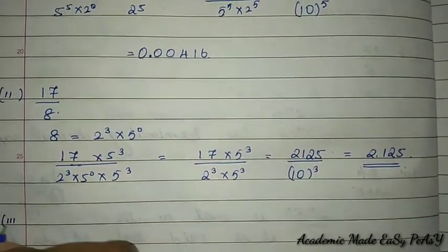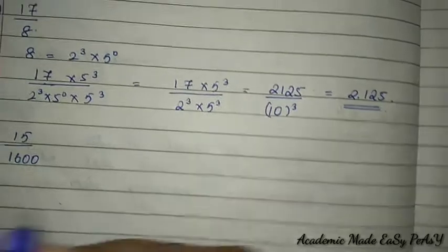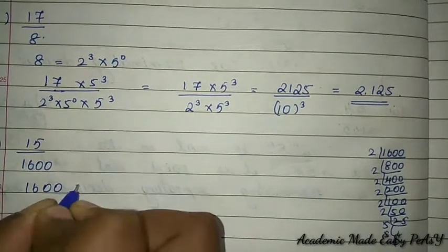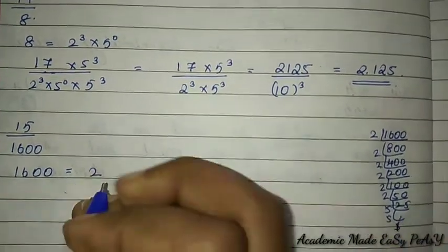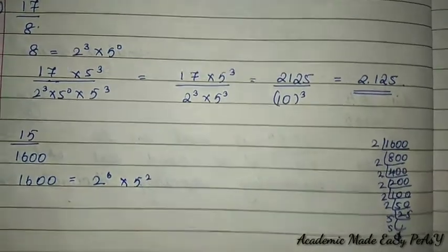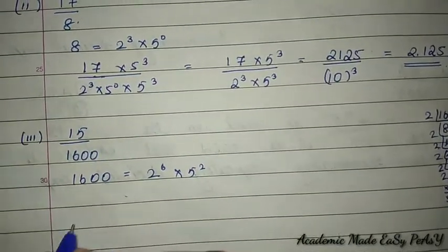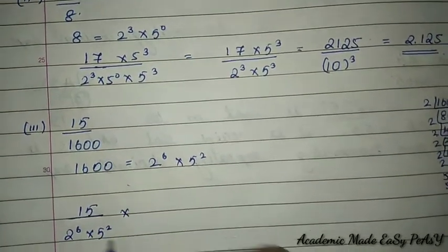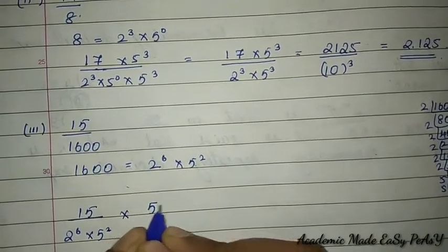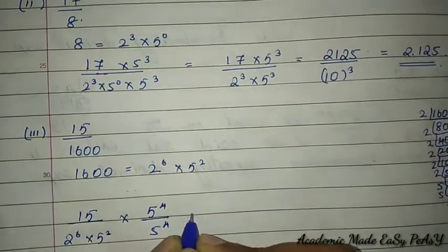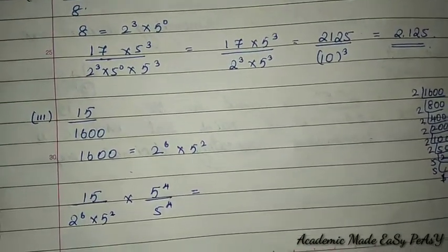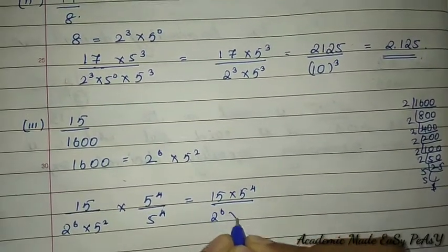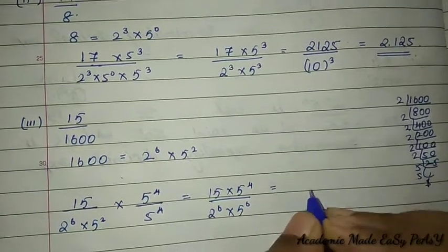Next is the third subdivision, 15 divided by 1600. The prime factors of 1600 are 2 power 6 into 5 square. Now I will write 15 divided by 2 power 6 into 5 power 2. To make the powers equal, I will multiply and divide by 5 power 4. So 15 into 5 power 4 divided by 2 power 6 into 5 power 6, which will give me